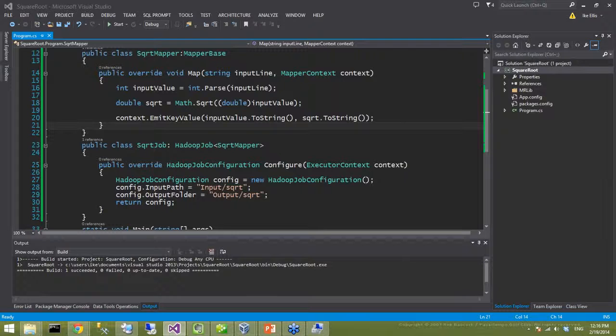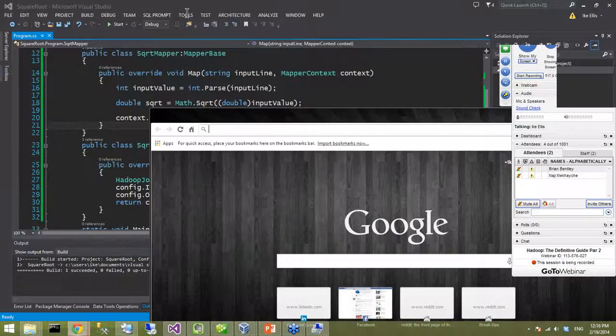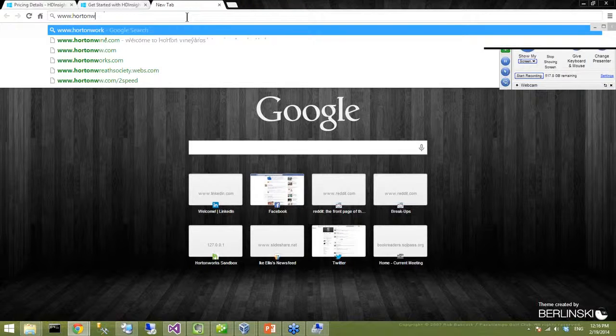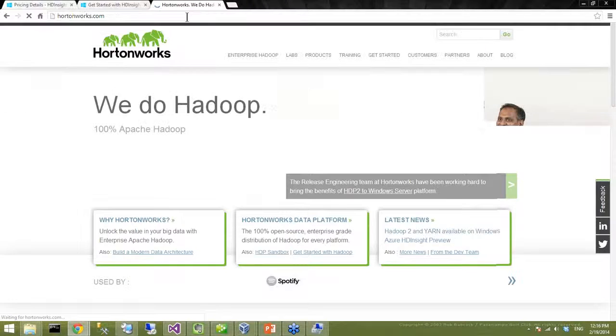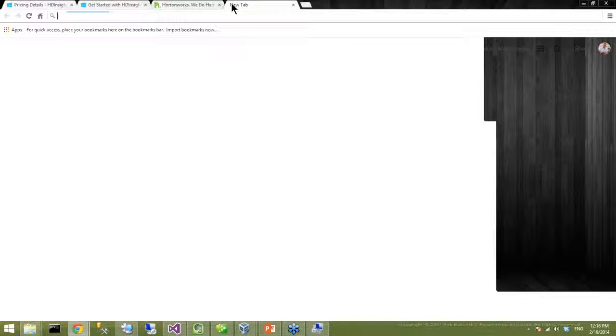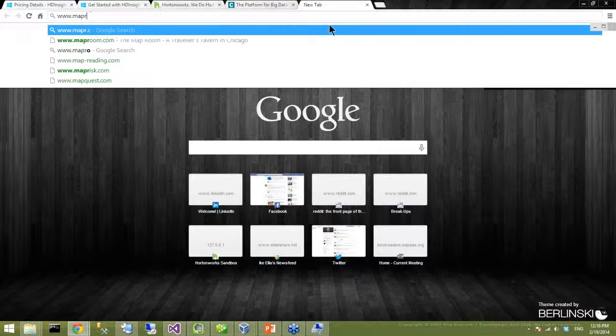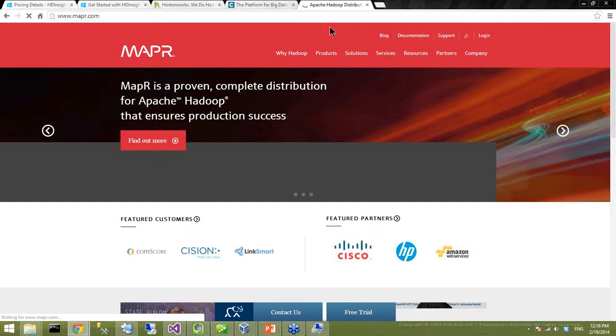That's a good question. There are three main players that do Hadoop. There's Hortonworks, and then there's Cloudera, and then there's a smaller player, but they're in it, called MapR.